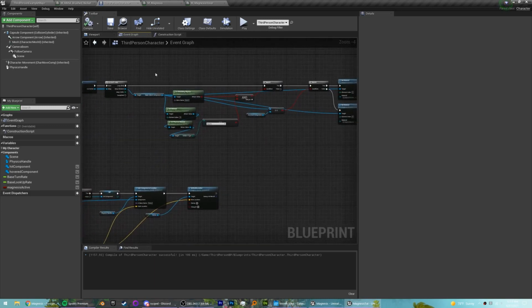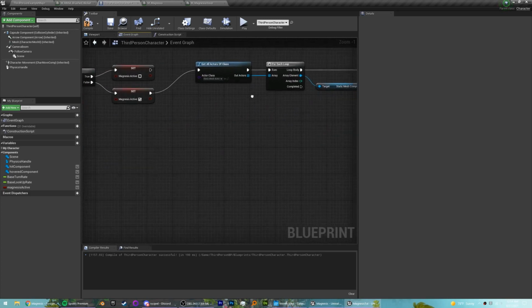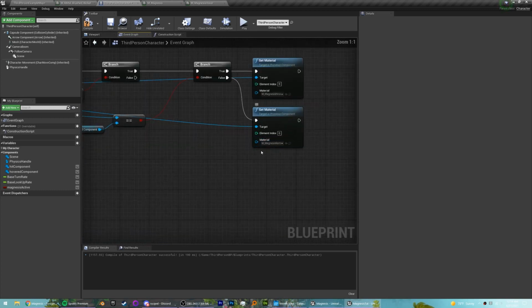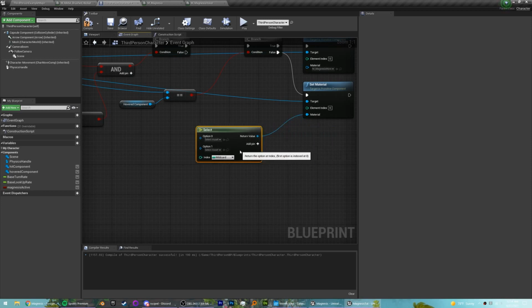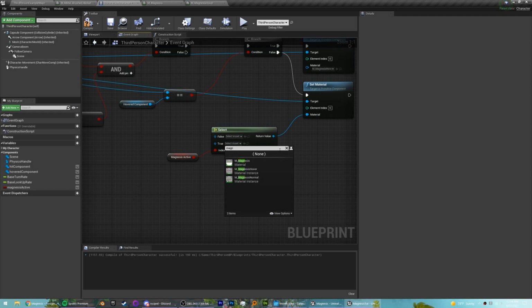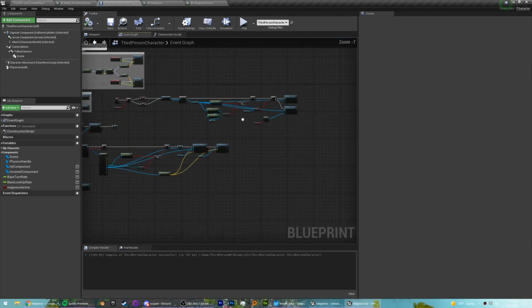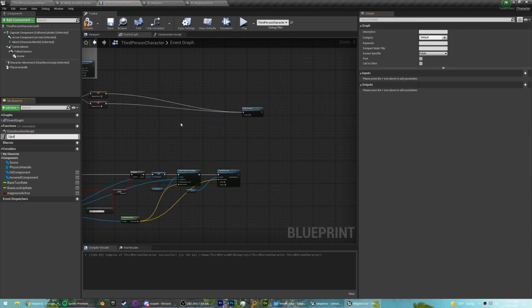Now, we also want to turn them all back to metal once magnesis is off, which actually is this one. I should have put this here. But instead of just copy and pasting this whole thing, we can actually just put it right in here, since almost all of the code will be the same. The only thing that'll be different is instead of directly setting this to magnesis normal, we can get a select and check if magnesis is active. And if it is active, then we can get the magnesis version, so magnesis normal, and if it's not, we can get the brushed nickel. Brushed nickel, there we go. And we can just take all of this and let's collapse it to a function, and we'll call it